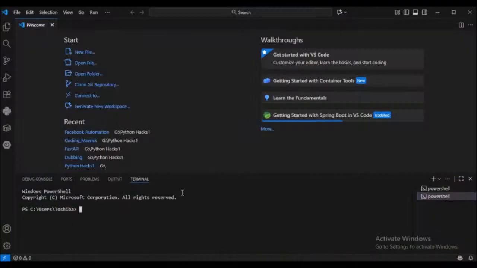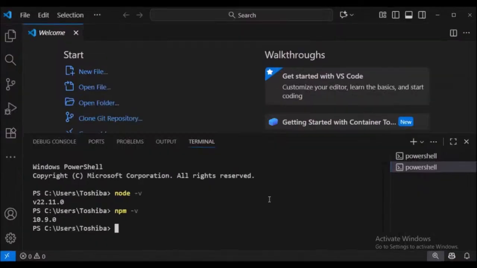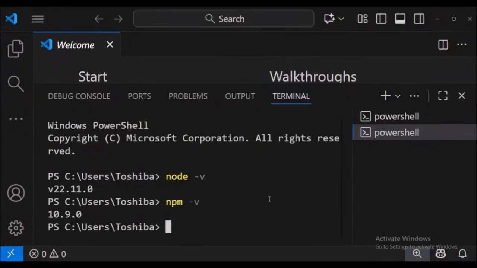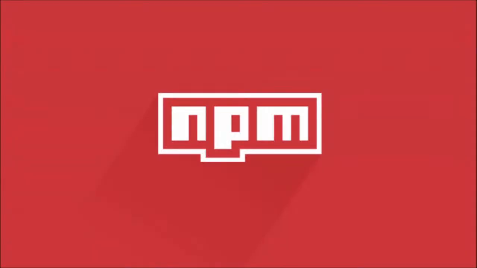After installation, open the terminal or command prompt and run node -v and npm -v. Viewers, if you see version numbers for both of them, congratulations. Node and npm are ready. Viewers, npm comes built in with Node, but many developers prefer using Yarn,